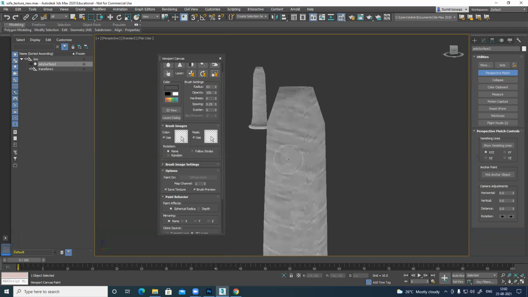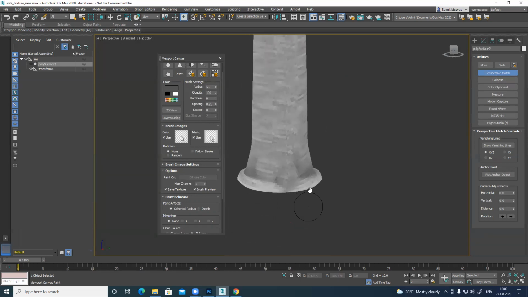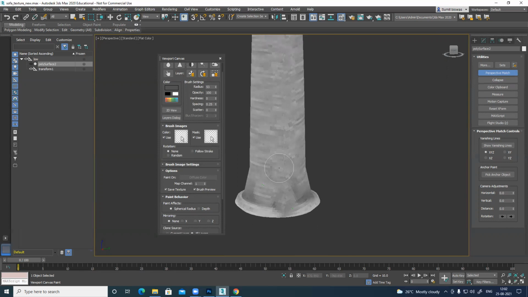This top part is not visible, so it doesn't matter. Though it's a very tiny part, still make sure there is no seam in your file. There are clients who will accept it if a tiny part is not visible. But there are clients who will check each and every portion, and they will send back the file and give you very bad feedback. So it's better to fix it.